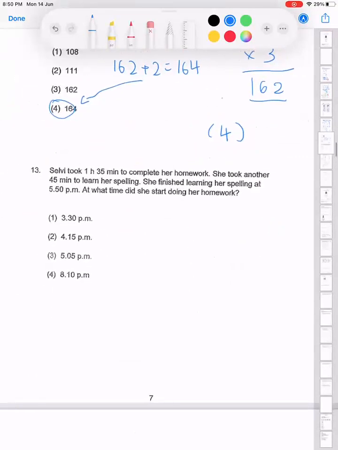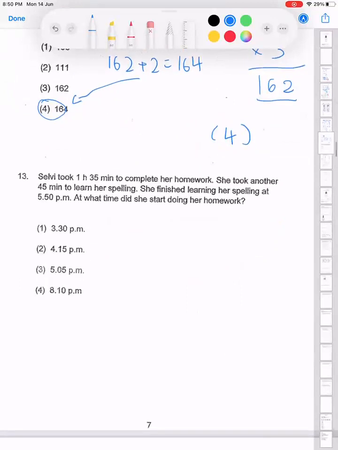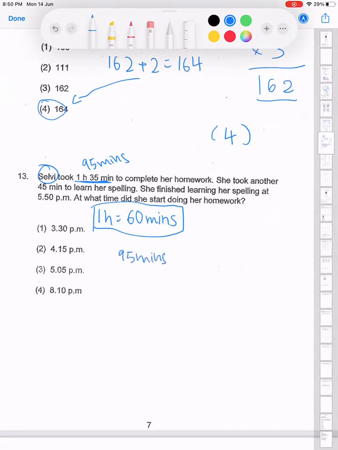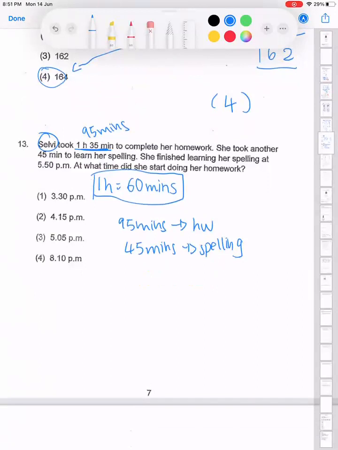Alright, for question 13, let's do this. So this person took 1 hour and 30 minutes. So I like to write it: 1 hour equals 60 minutes. So let's convert it into minutes. We know that she took 90 minutes to complete her homework. She already took that time to complete her homework, and took another 45 minutes to learn spelling. We all learn spelling, right? So she finished learning her spelling at